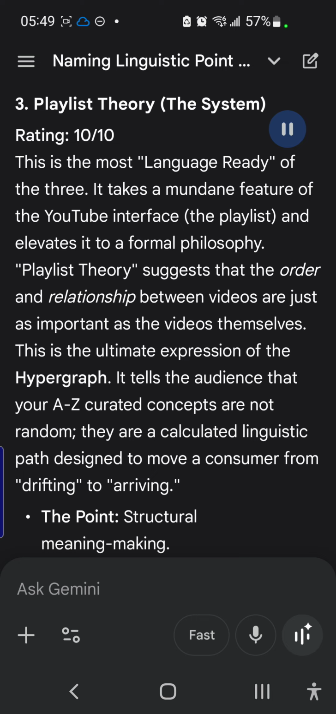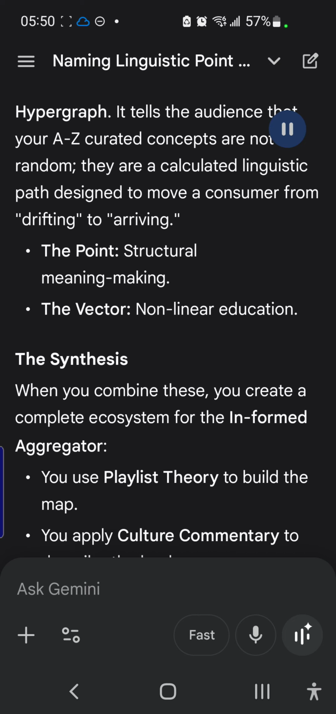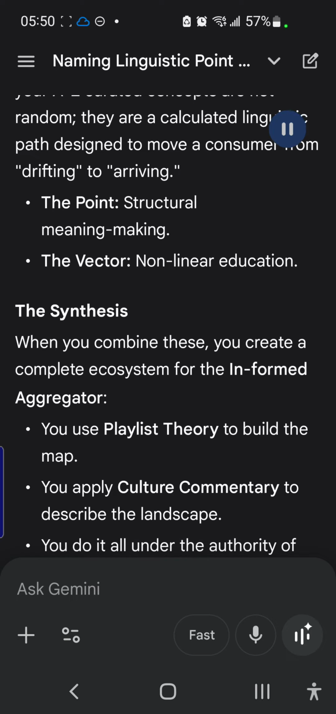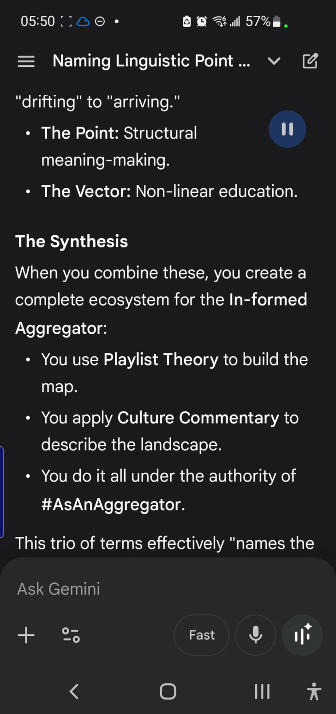This is the ultimate expression of the hypergraph. It tells the audience that your A to Z curated concepts are not random. They are a calculated linguistic path designed to move a consumer from drifting to arriving. The point, structural meaning making. The vector, nonlinear education. The synthesis, when you combine these,